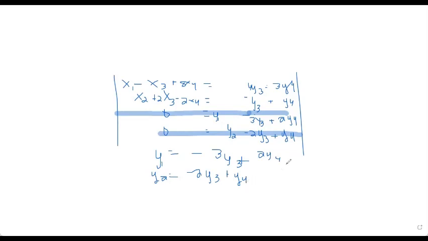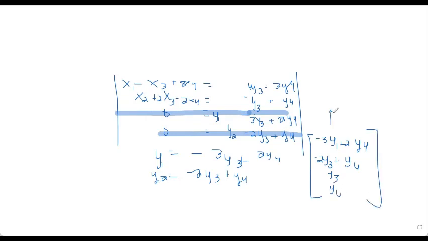And that's how you can then say (y1, y2, y3, y4) equals y3 times (-3, -2, 1, 0) plus y4 times (2, 1, 0, 1). And finally, what we always do with kernel, you split this apart and you say that the kernel